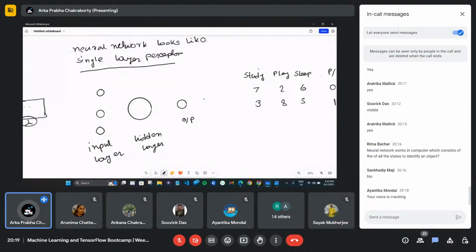So this is my input layer, this is the hidden layer, and this is the output layer. If I connect this neuron and this neuron and this neuron, this is nothing but our data sets, I mean our features.